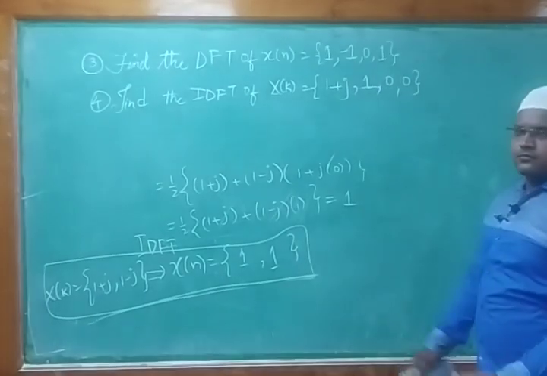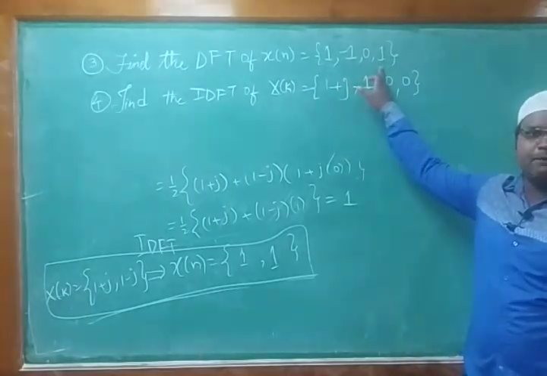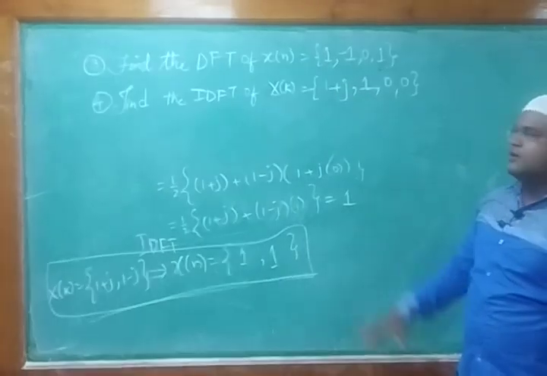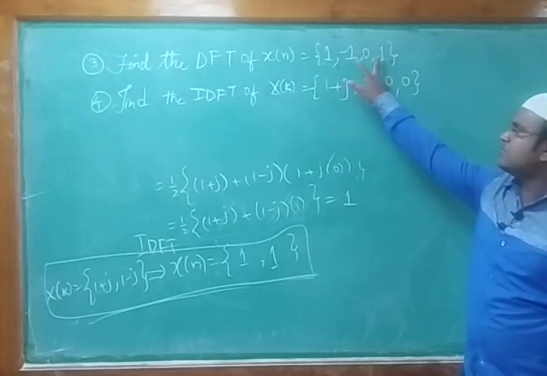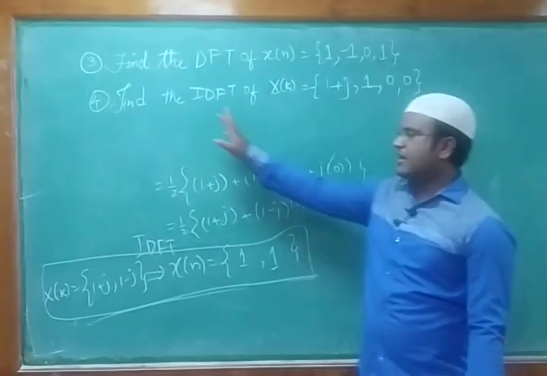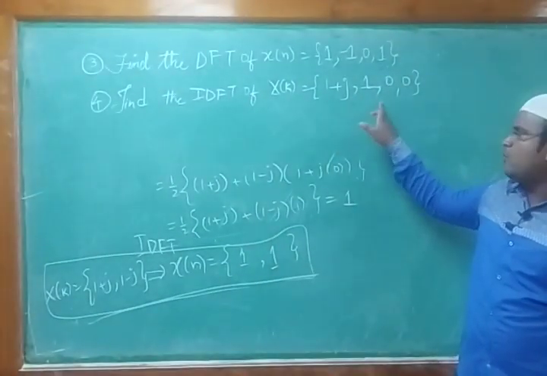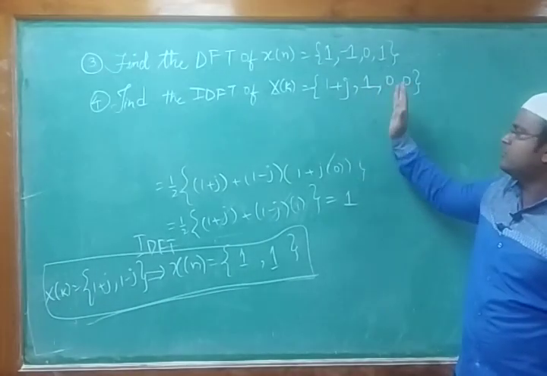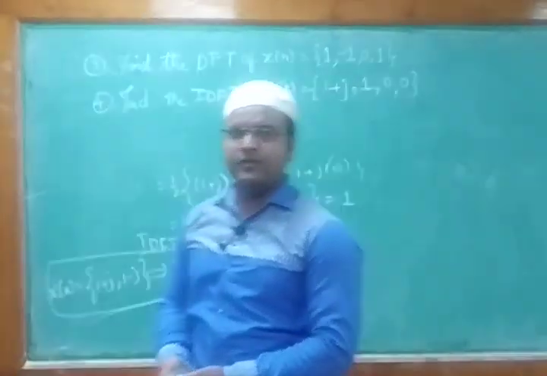So in the first problem, you'll have 4 samples, n equal to 4. Substitute in the formula exactly the same as what we have done. In the previous first problem we took 1, minus 1, 0 and 0. Likewise this is another one. So you need to apply this. By applying the DFT you will get the answer. For the second problem you need to apply the inverse discrete Fourier transform. x of k is 1 plus j, 1, 0, 0. Here also the number of samples is 1, 2, 3, 4, so n is 4, and find the summation by applying the values to the respective questions.